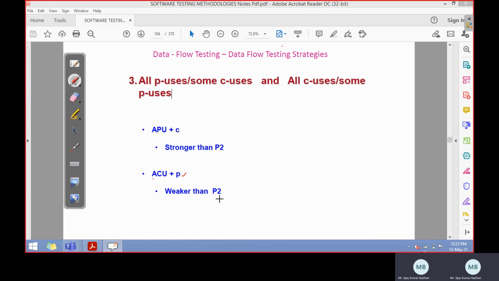And remember that this is weaker than P2, because P2 is related to your branching statements, but here the main focus is on computation. When we are performing all computational uses and some are missed, then we go with some predicates, not all predicates. That's why it is weaker than branch testing.